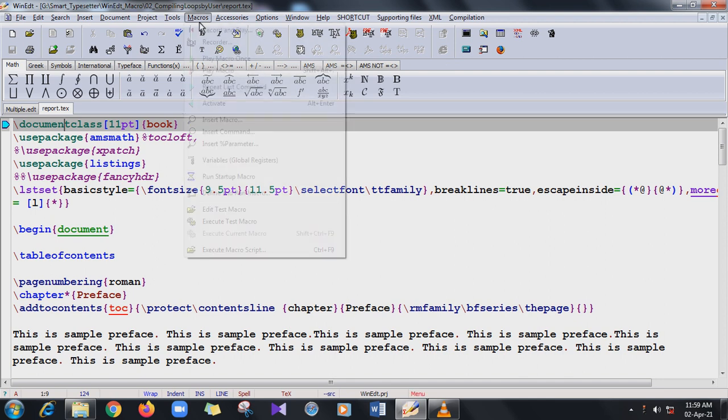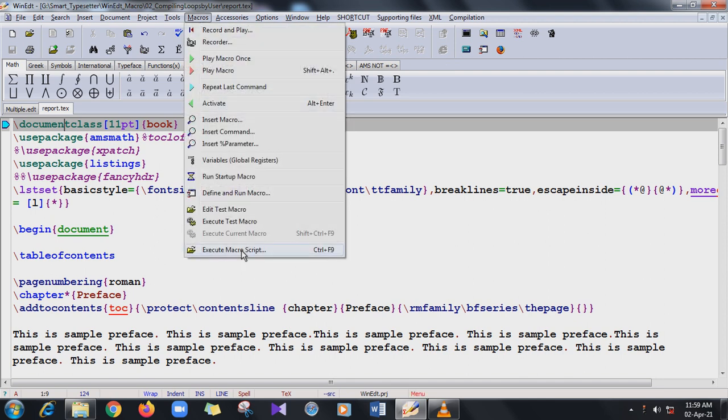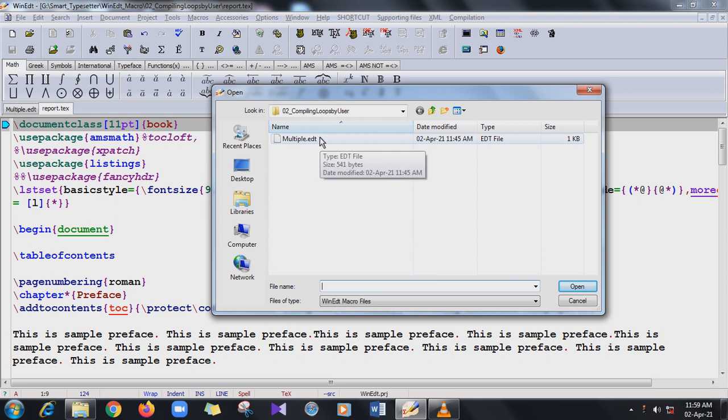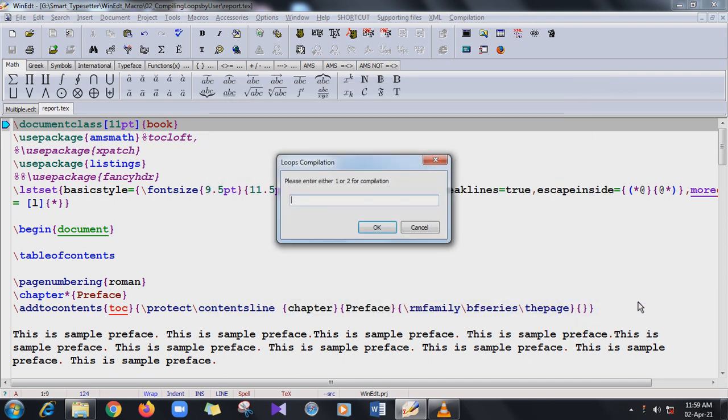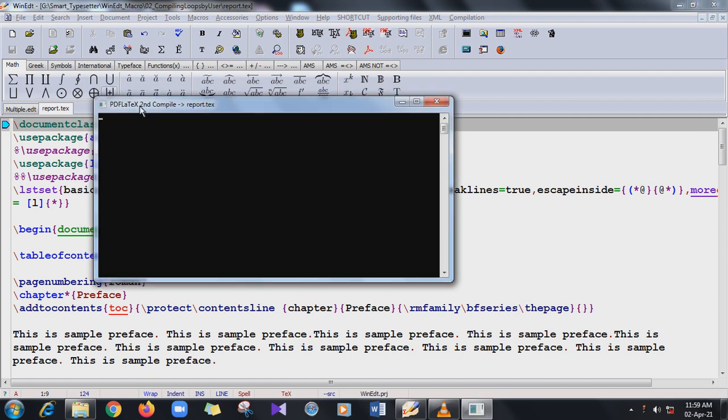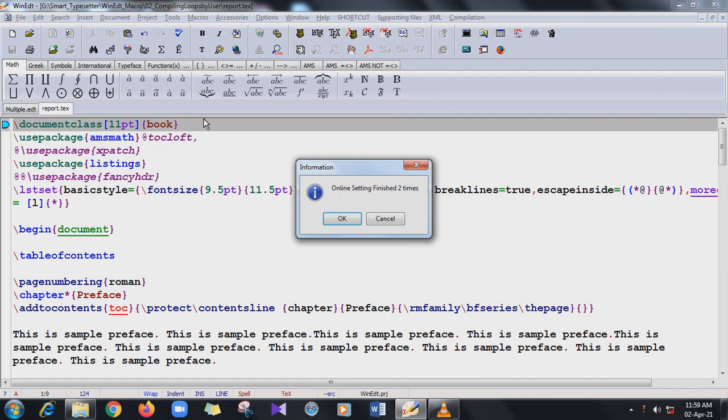Going to accessories, macro, execute macro script, selecting the macro. Now I'm going to enter 2. 2 means we have to compile 2 times. Here as a caption came PDF LaTeX second, and then it says online compilation finished 2 times.